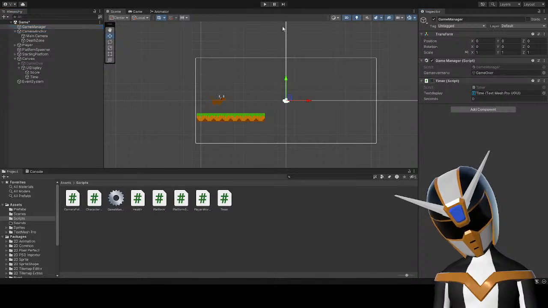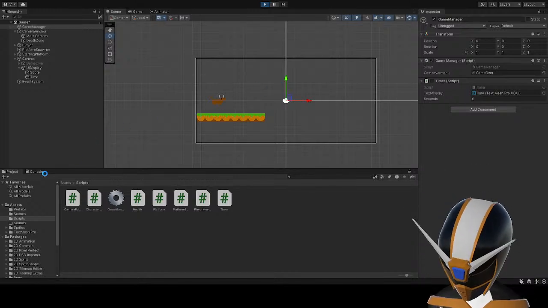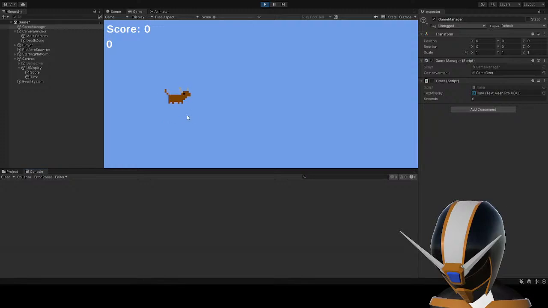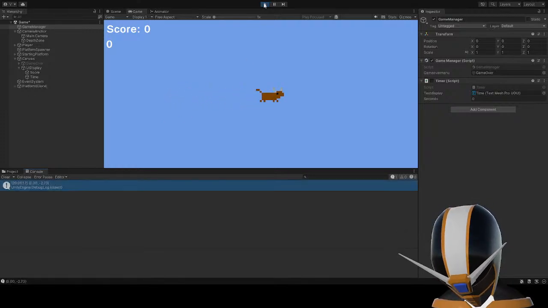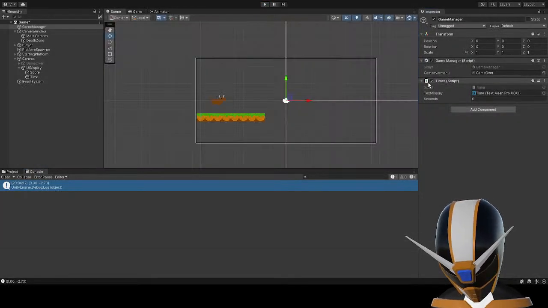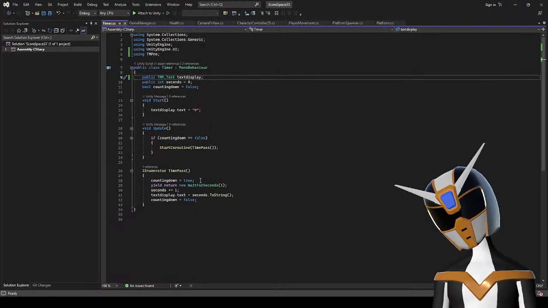It was something null before I added the timer. Oh, wait. Okay, so it is the timer that's doing that. What's going on then?